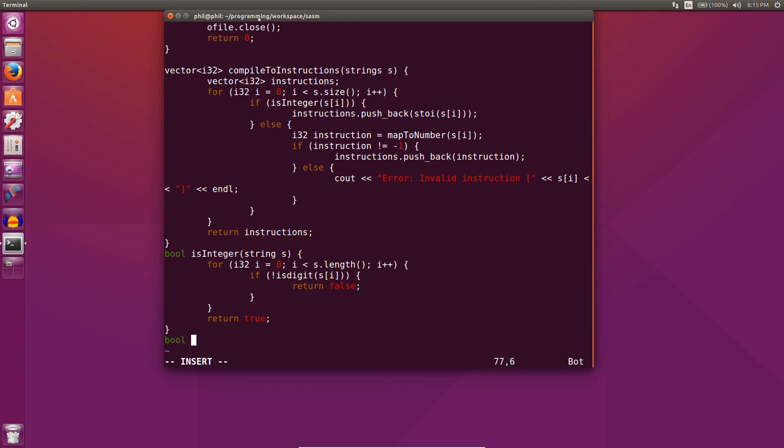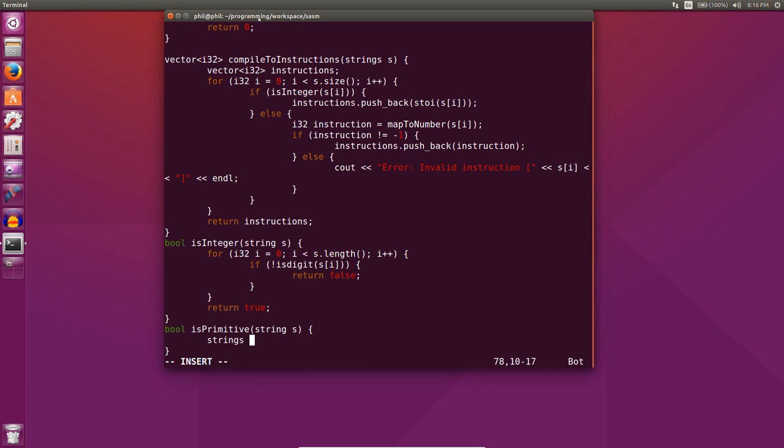Now we'll create a function. Let's see, actually, do we need isPrimitive? Let's create it anyway. Let's create isPrimitive. I don't think we'll need it right now, but in the future we'll need it. Well, let's see. Actually, let's just create map to number. That'll make things a little bit shorter. Okay. Map to number takes a string